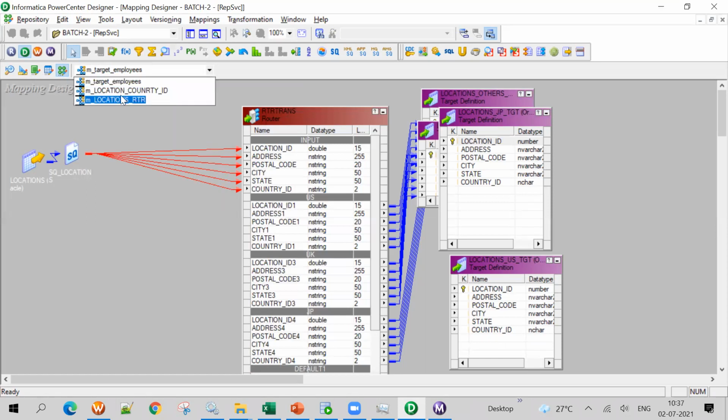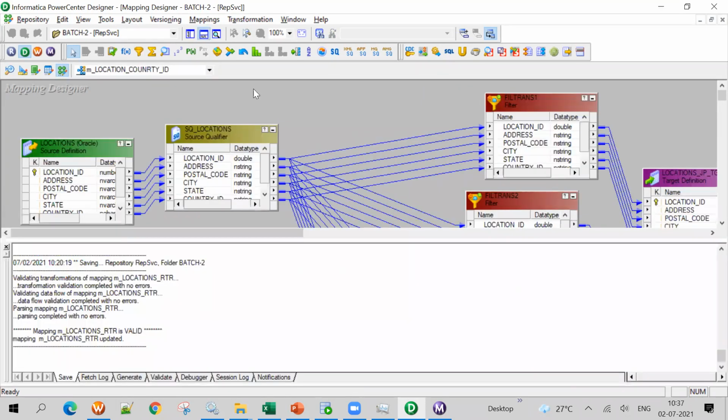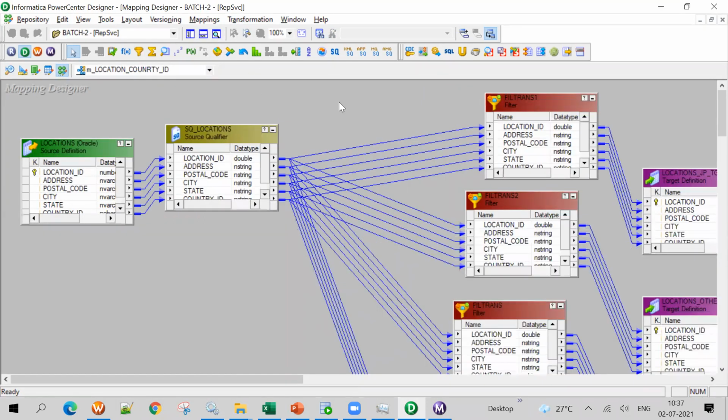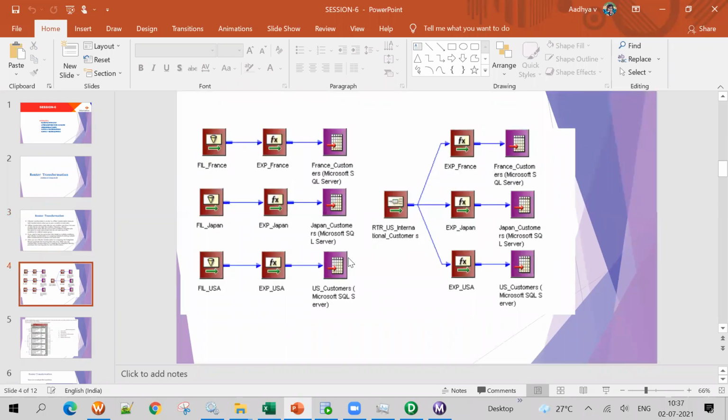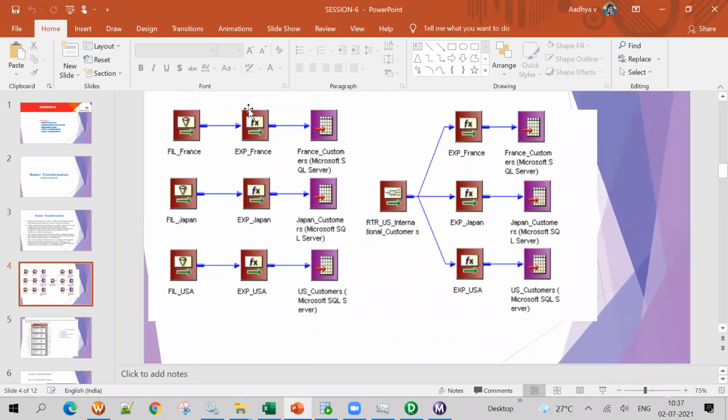If I have 100 filter transformations, the integration service will process the data 100 times. So it's a load, a performance issue. Always, if we have multiple conditions in the same mapping, use the router transformation. Here 3 filters would be used, but we are using only 1 router.